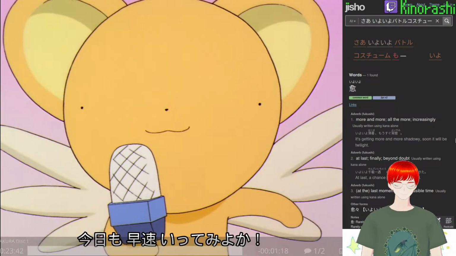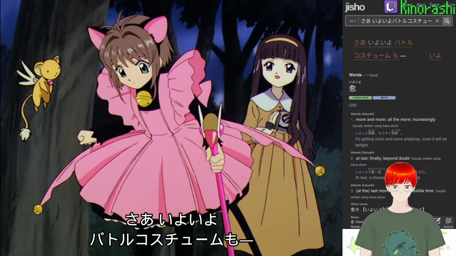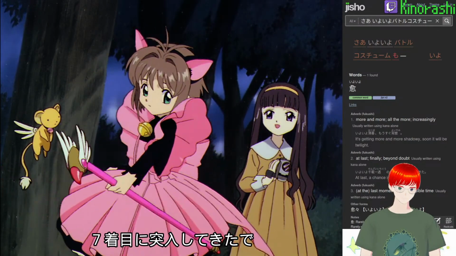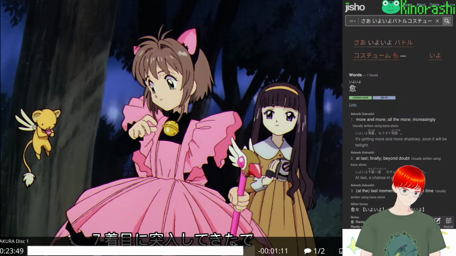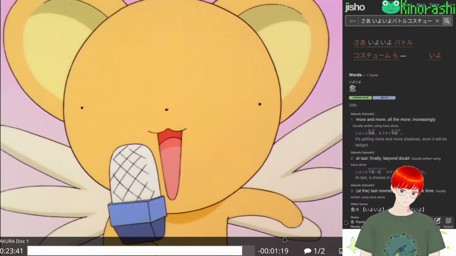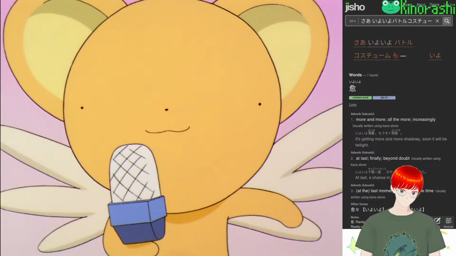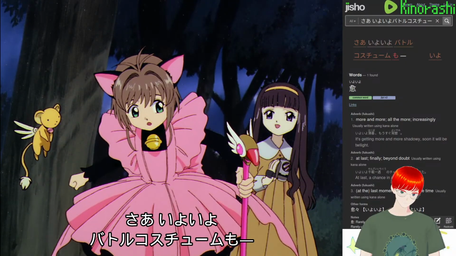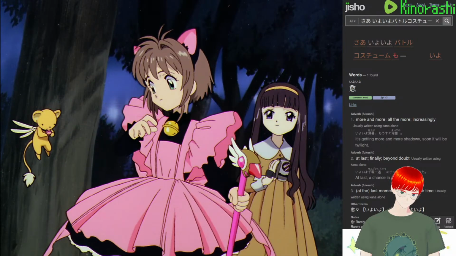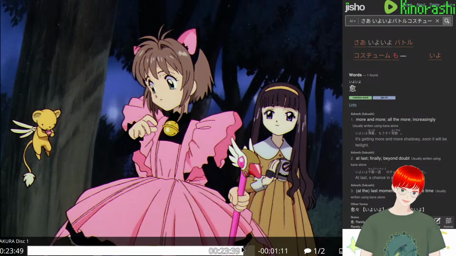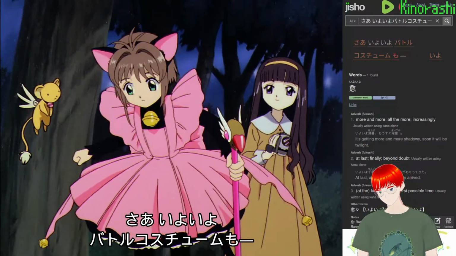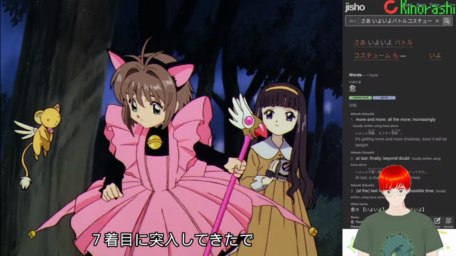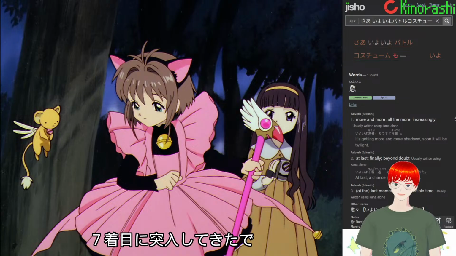今日も早速行ってみようか。さあいよいよバトルコスチュームも7着目に突入してきたで。 Okay, so